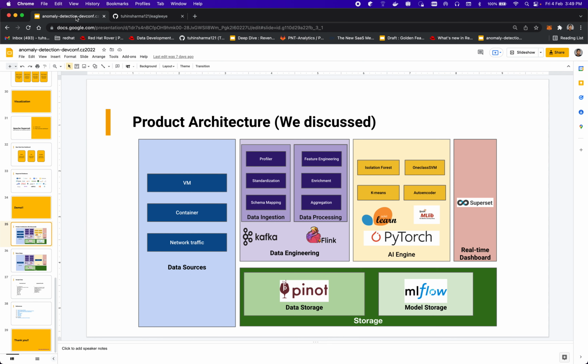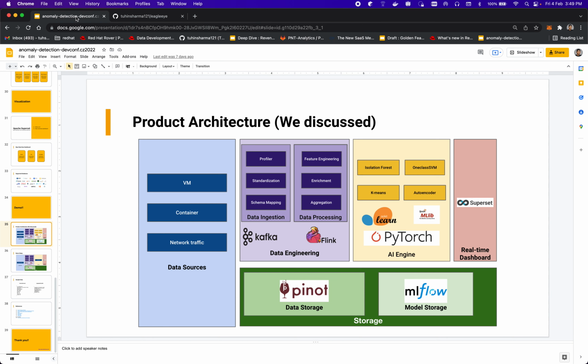That is, what does their behavior look like for the past 15 minutes or past 1 hour or 1 day, and depending on that, we can run certain unsupervised or semi-supervised machine learning algorithms to figure out whether that particular IP address or user is behaving irrationally compared to the population or not. Right, so that is precisely the problem statement we are trying to solve, and the architecture to solve that problem